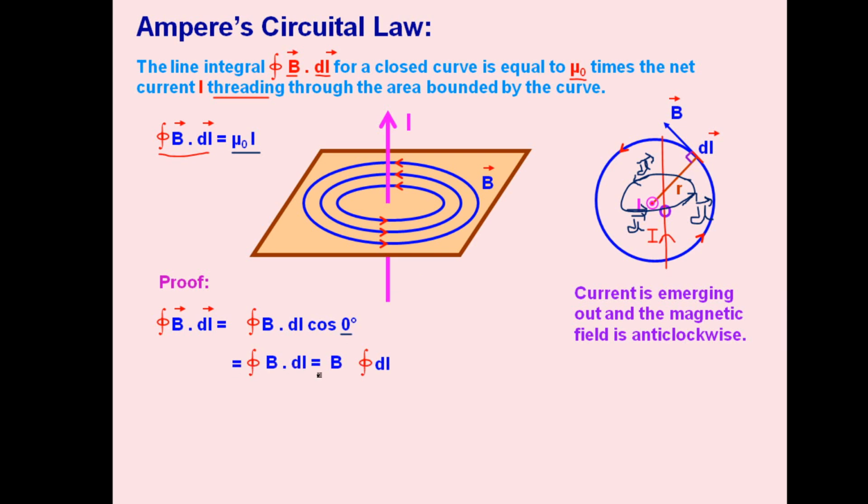Then taking B dl, B taken outside, dl is remaining, and here very important, dl is basically the small portion of the closed path of radius r. So the limits here we can use 0 to 2 pi a. In place of a we have r, so we can use 0 to 2 pi r.